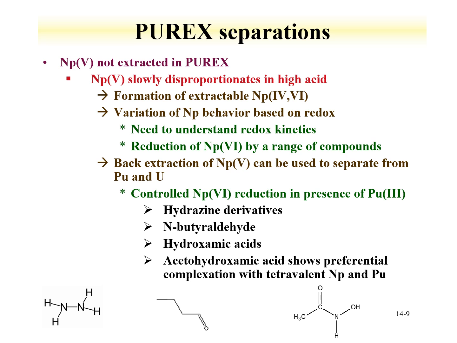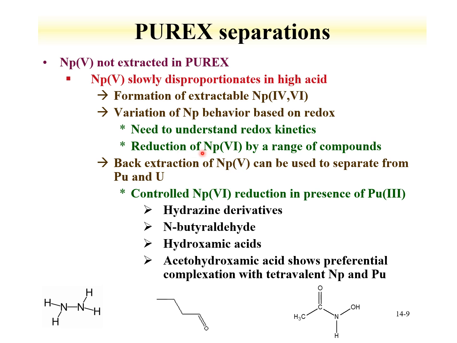We've already discussed the importance of neptunium redox speciation in the PUREX separation. Again, neptunium-5 is not extracted. However, we've also discussed that neptunium-5 can slowly disproportionate in high acid, one of the conditions of the PUREX process, where it can form extractable neptunium-4 and neptunium-6 species. Studies have been performed to understand this redox behavior,